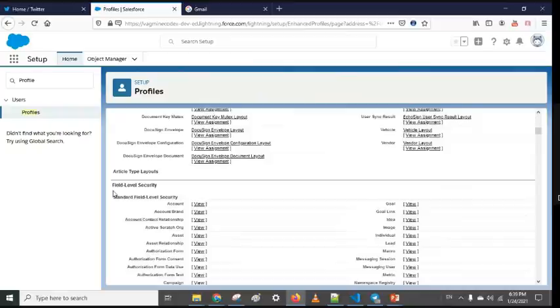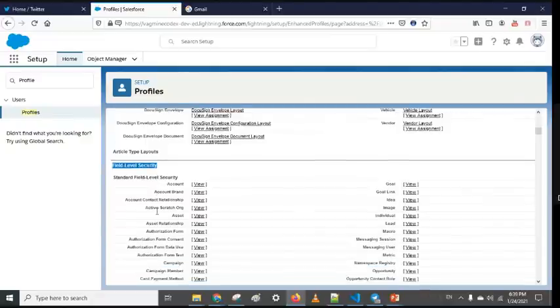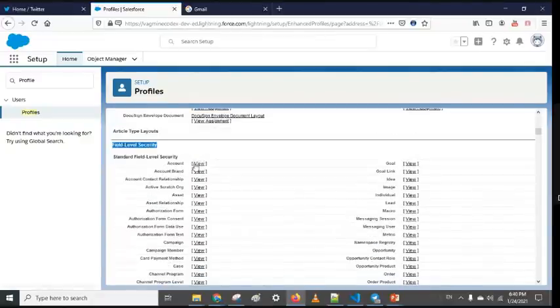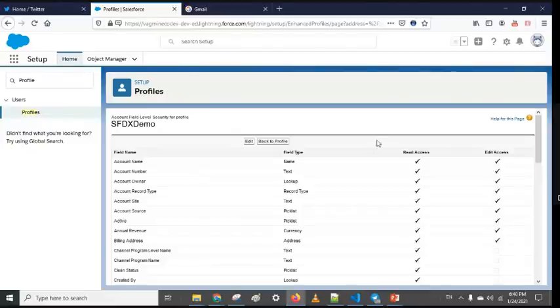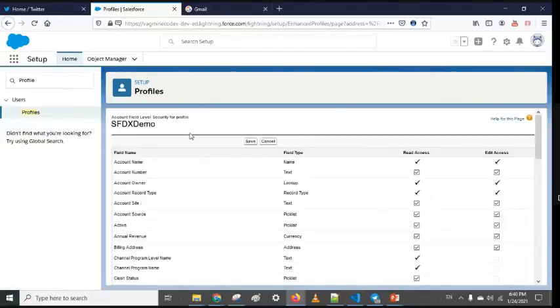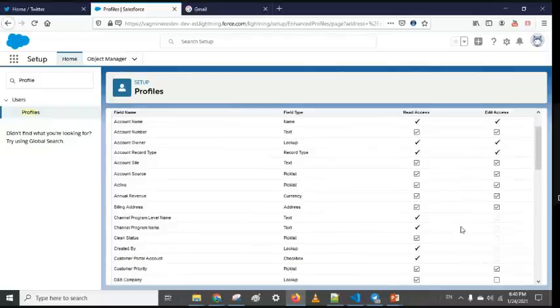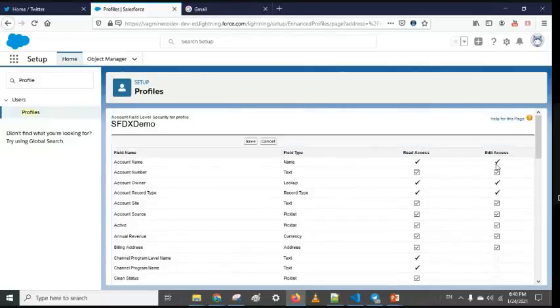Then after that, we have a main important point for our secure app series application: field level security. It's saying that for each object, which kind of access you want to give. We are in the account object. In this account object, for each field, what kind of access you are giving: read access or edit access. Whenever you give edit access, by default read access is given.